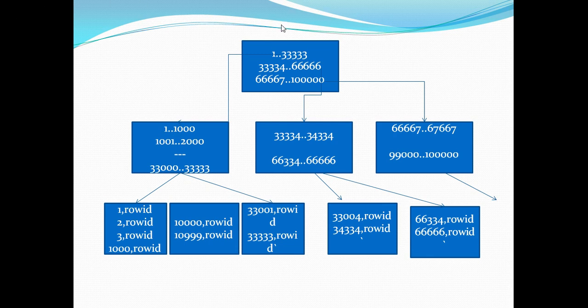The first block, this particular block, is called the root block. Then we have our middle blocks, and in the last, these blocks are called leaf blocks, and they actually contain the information: this particular transaction ID is stored at this physical location. So they contain a pointer to the physical location of the table where the data is being stored. They contain the row ID. So these blocks in the end, we call leaf blocks.